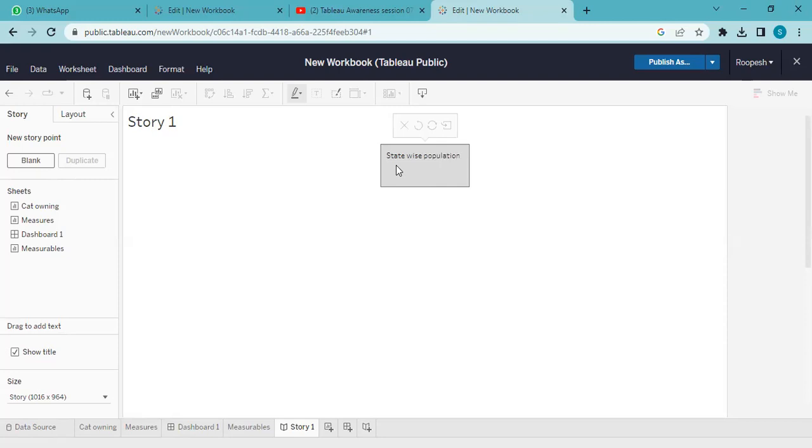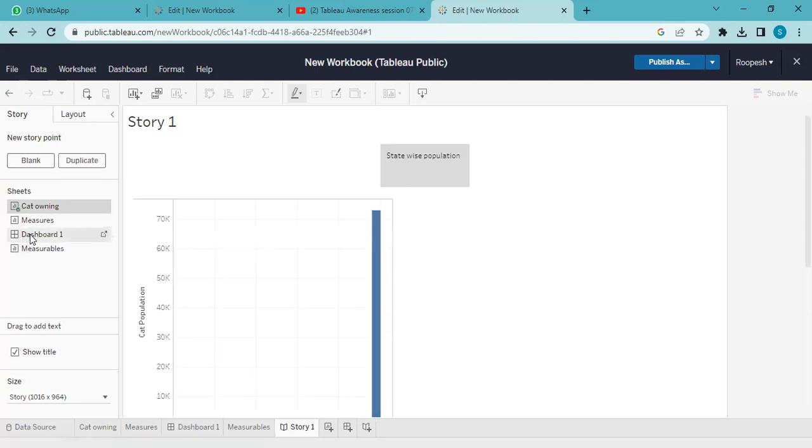Okay, the name should be there. And again you have to add this. For example, if you want to take this cat owning, you can directly drag it. And if you want to again add these measurables,